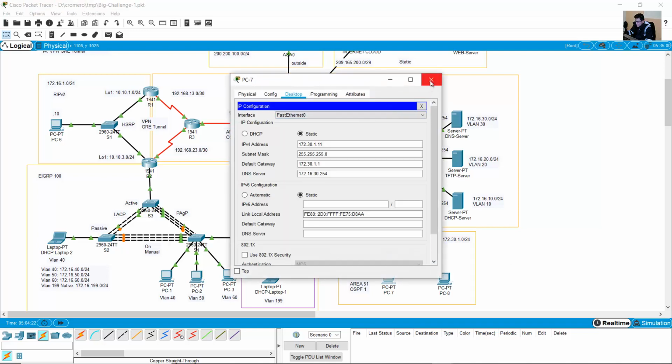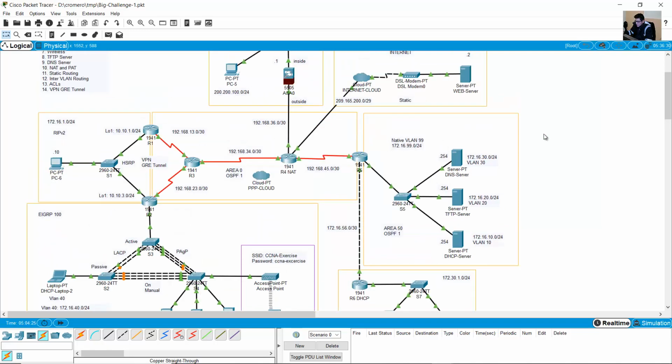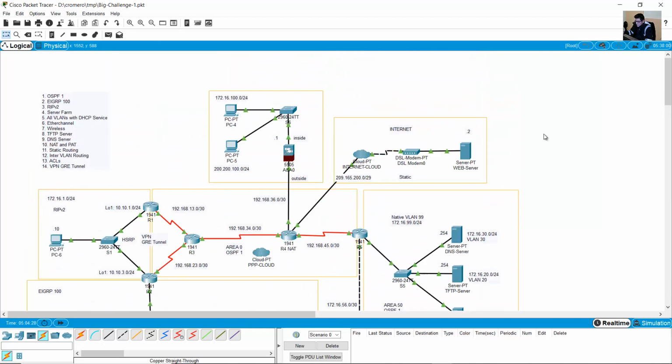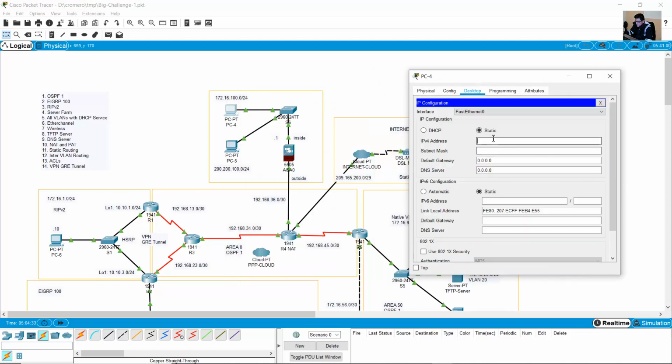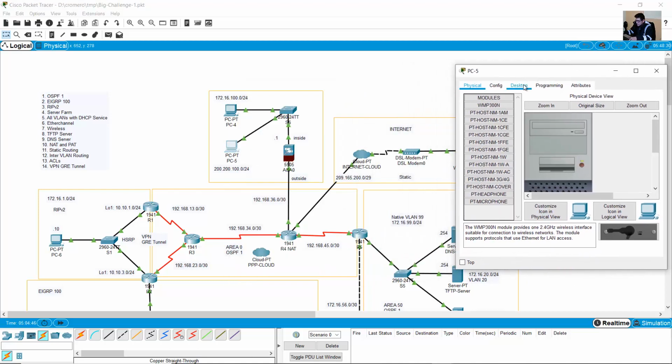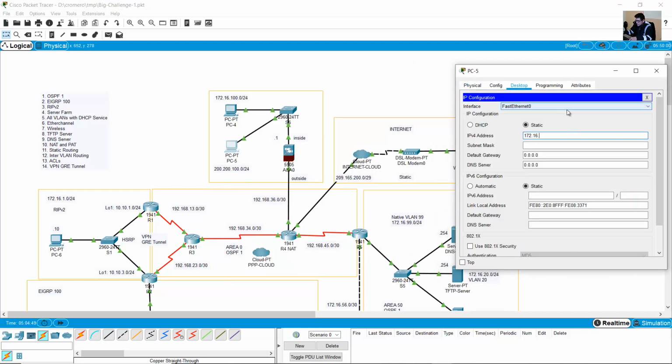Okay, and this other PC 111, 255, 101, 30.254. This other PC 112, 24, 101, 30.254. Okay,